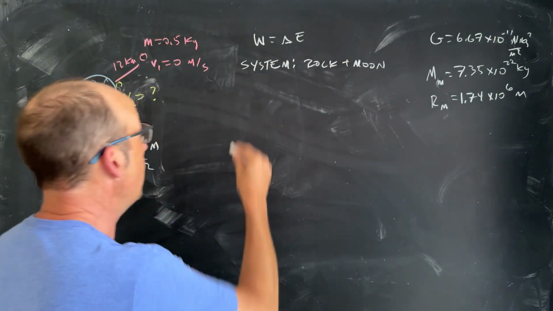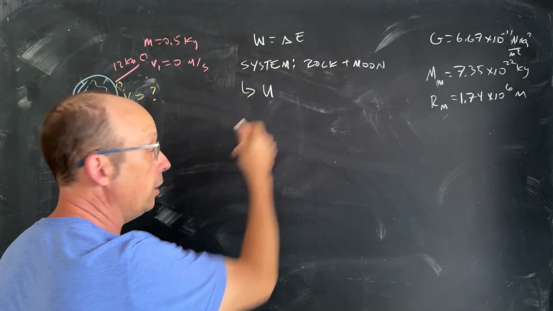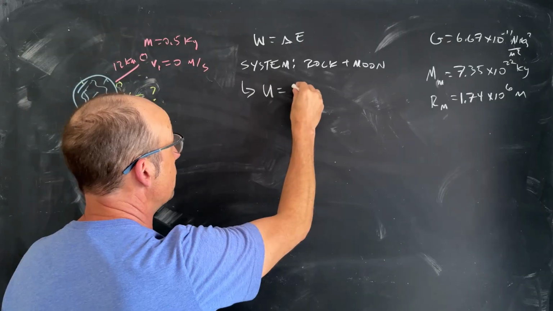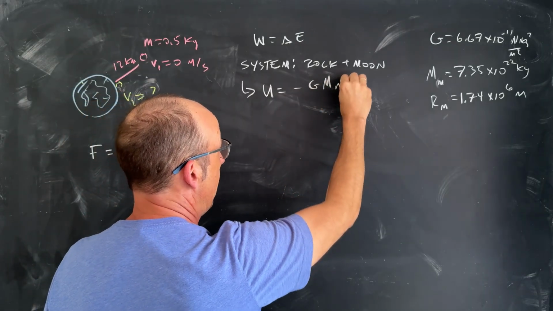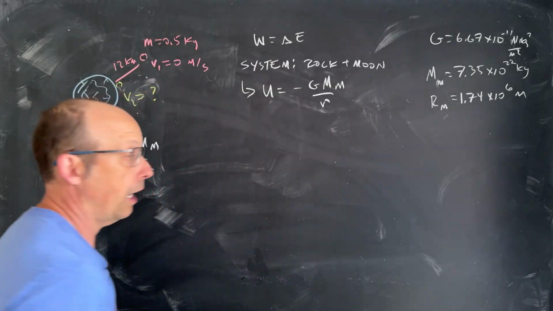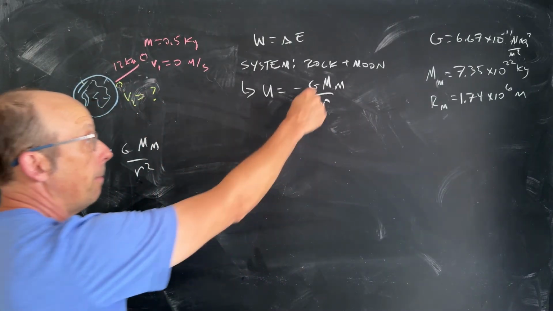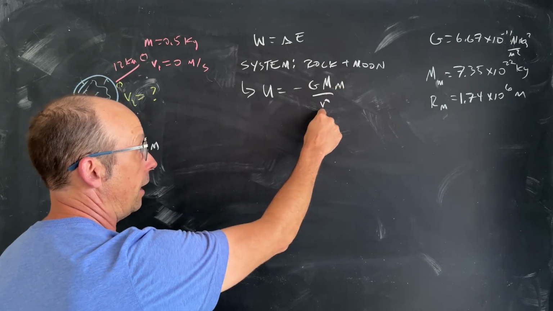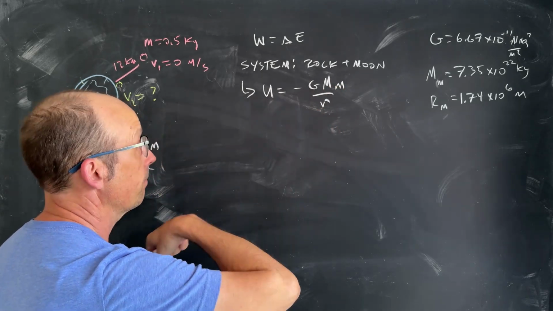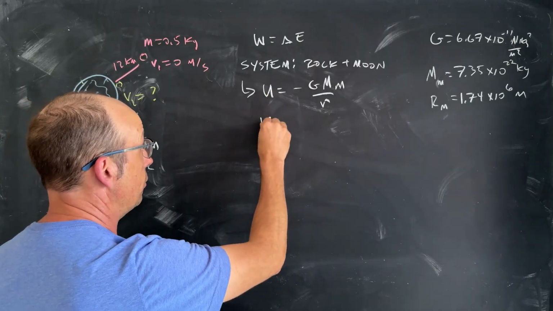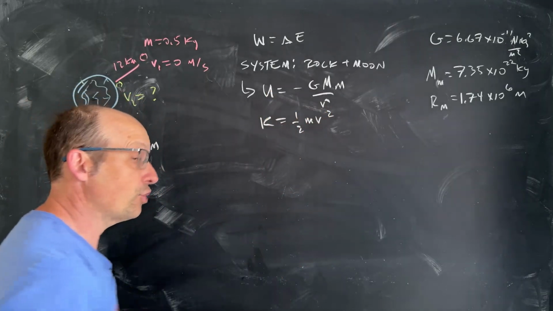energy. So if that's the case, I will have the gravitational potential energy, U, which looks like this, negative G, mass of the moon, mass of the rock over R. So I gave that before. That's the gravitational potential energy. Mass of the moon, mass of the rock, and the distance between their centers, which changes. So U changes. We're also going to have kinetic energy, 1/2 mv squared, and that's just going to be the